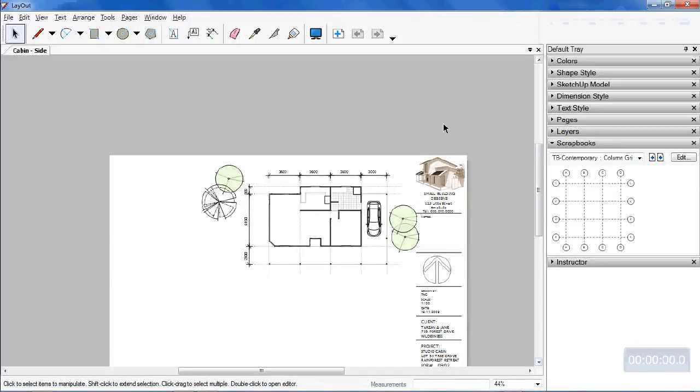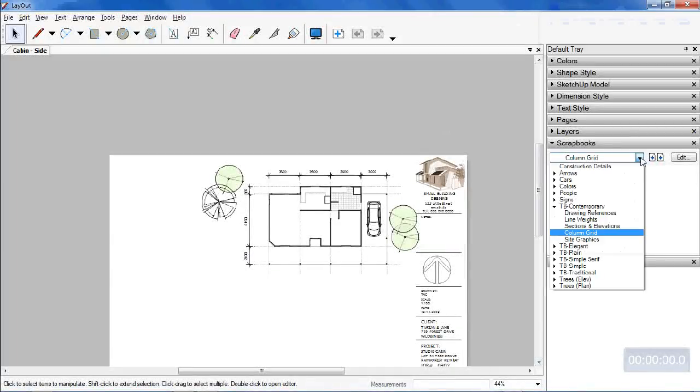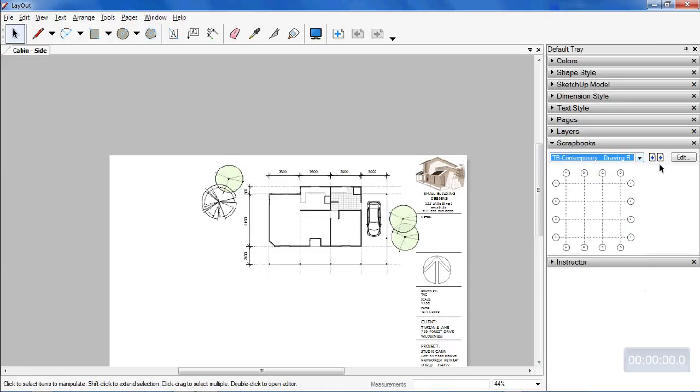The next thing I want you to have a look at in Scrapbook is under the TB Contemporary set of scrapbooks, just page through. It's about the third page on, you'll start seeing the grid arrangements. Now I'm going to pick up one of the grids, so I might as well start with the A grid, and I'll drop it just somewhere locally on the drawing close to where I'm going to put that grid for now. Click to the selector tool, and I'll just zoom in